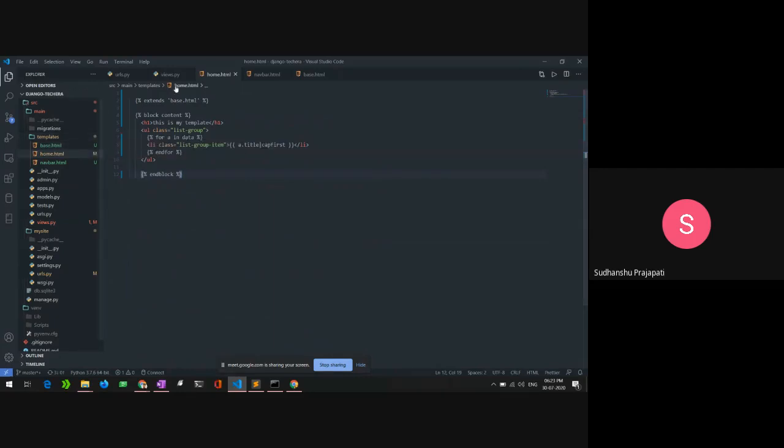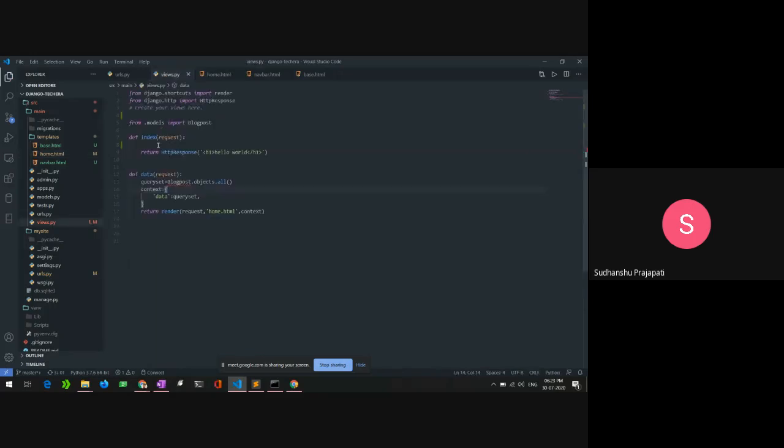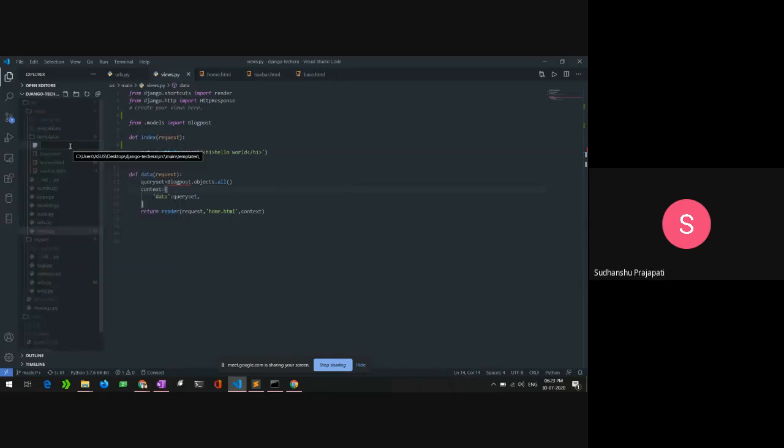So here we have a view that is index. I will also convert it into the render function view. For that, I will need to create a simple HTML file to illustrate how template inheritance actually works.